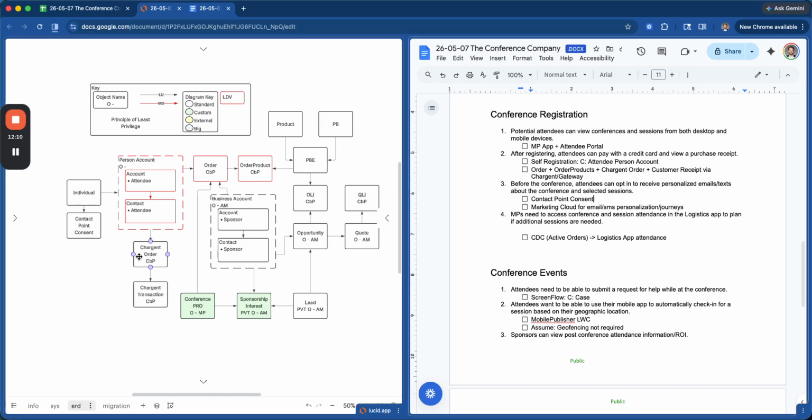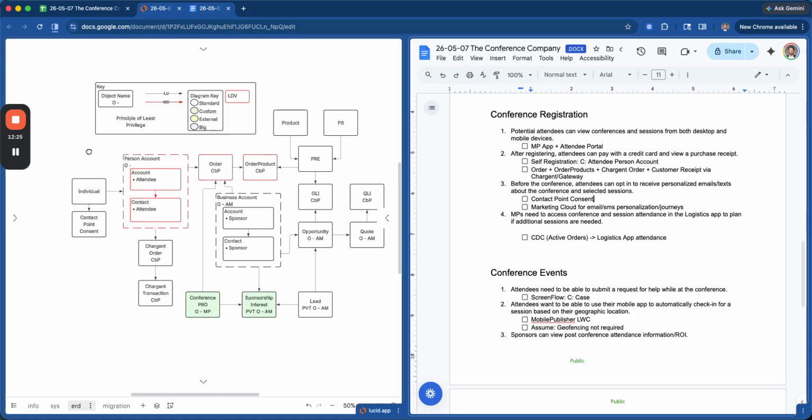The attendees, once they've paid for the actual order and the order is activated with the order products, which include the actual conference attendance receipt, they will also be able to consent to personalized emails and texts about the conference and selected sessions via the contact point consent object.